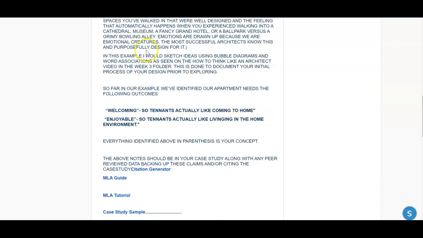Basically what we'll do is we'll find different things that we like about these different articles, and we'll try and create a particular emotion because we are emotional creatures. The most successful architects know this and purposely design for it. And I can show you a little bit of that when we're going through this case study. So in this example,